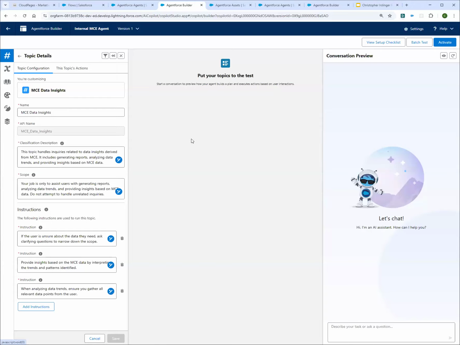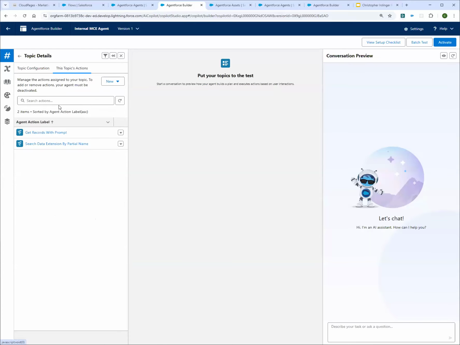Which of the topics is this question going to be relevant to? And it tries to pick a topic. And then once it's picked a topic, it ingests all the instructions of that specific topic and says, okay, which actions in that topic should I use? So if I ask it a question that falls into this topic, it will have these instructions to work with, and it will choose one of these actions to perform.